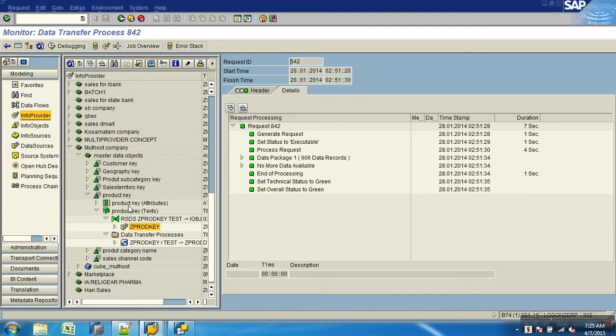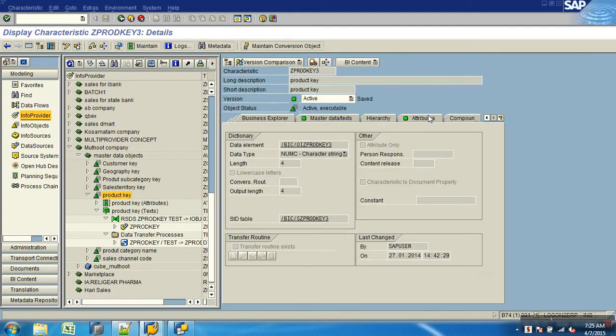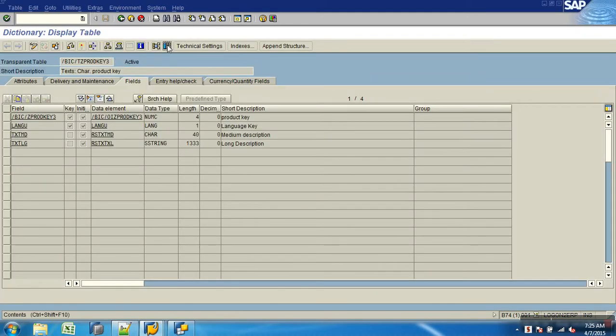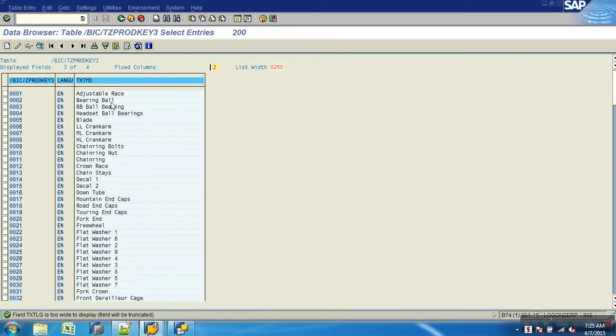So I've got the text data loaded now. Now if I go to the text table, do I have the data loaded now? Yeah.